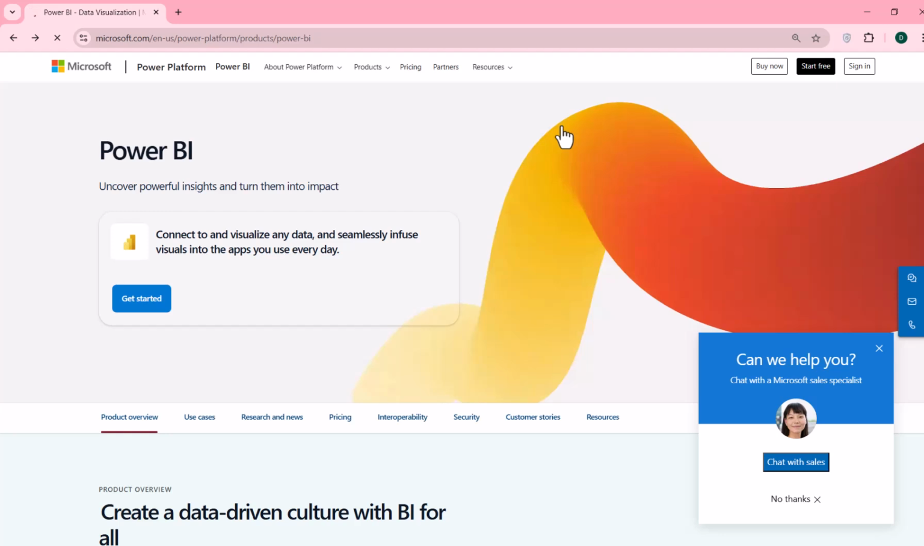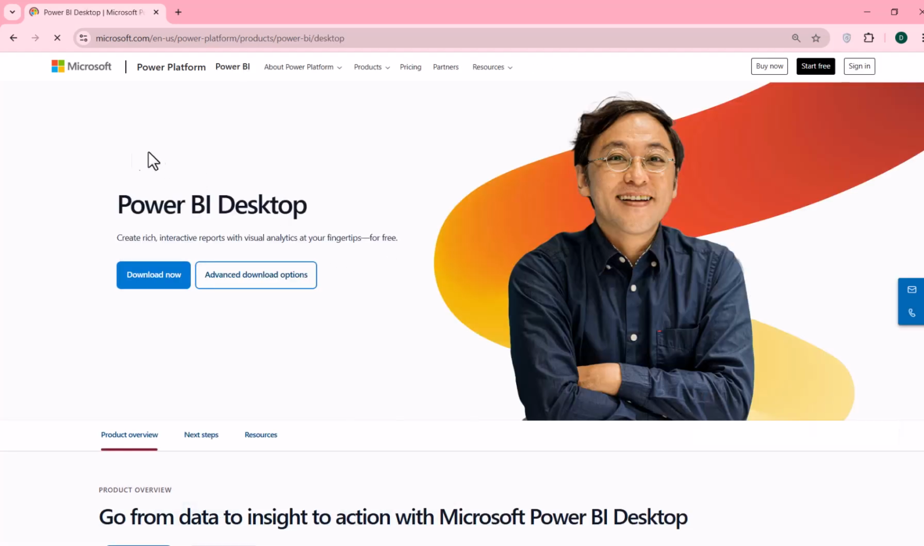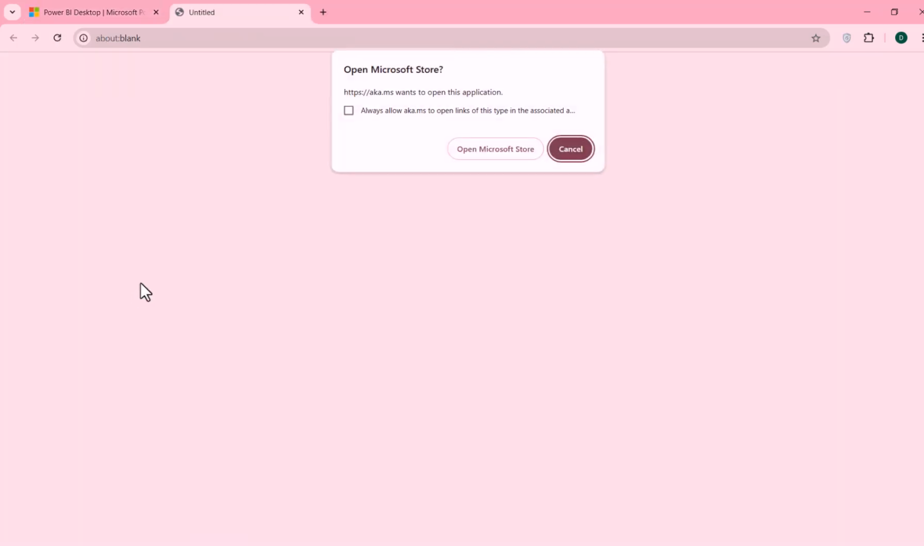will navigate us to another page with the name Power BI Desktop. Here you can download from this button, which will take you to Microsoft Store. Like Google Play and App Store, you can find the application over there. So you're gonna click on Open Microsoft Store, which will open a new window for me and have here